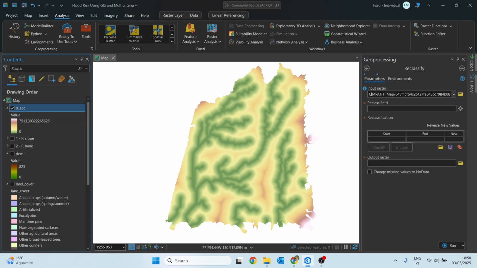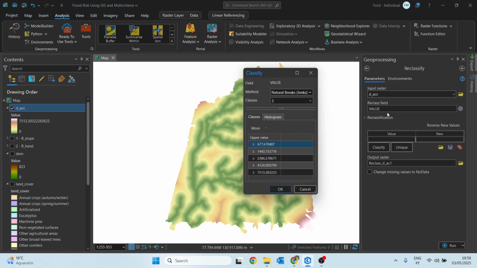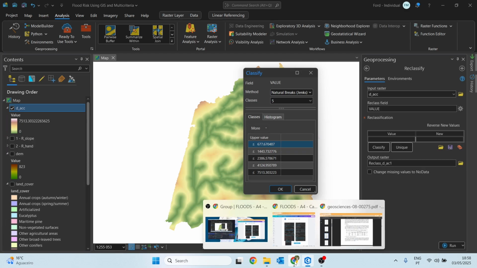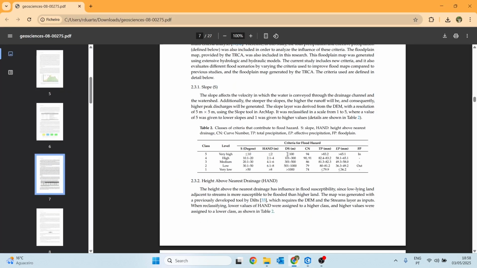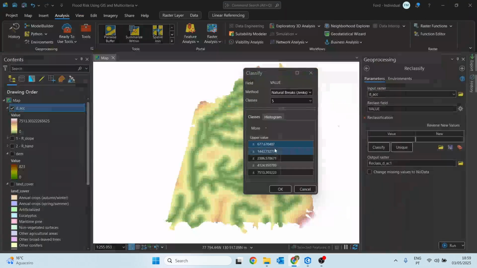Drag the distance accumulation to the input raster, and let's click classify and look once again to the article so we can see which values we need to put here. So let's go back to the article. So the class number 5 will be below 100 and above 1000 will have a value of 1. Okay, so now let's place these values here.